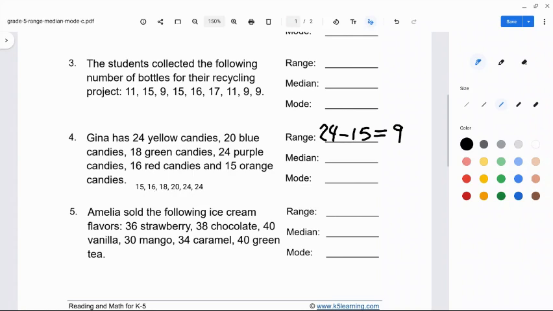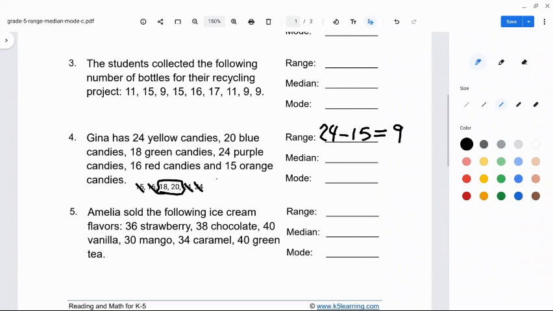Now let's figure out the median. So if I start crossing numbers off from the front and the back, I actually end up with 2 numbers. So I've got 18 and I've got 20. If I want to figure out the median of 18 and 20, what I'm going to do is add them together and divide by 2. So if that sounds familiar, what I'm actually doing is finding the average or the mean of just